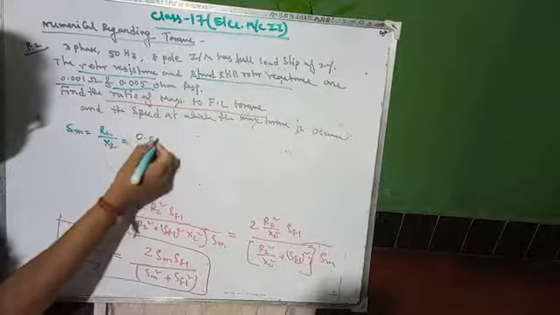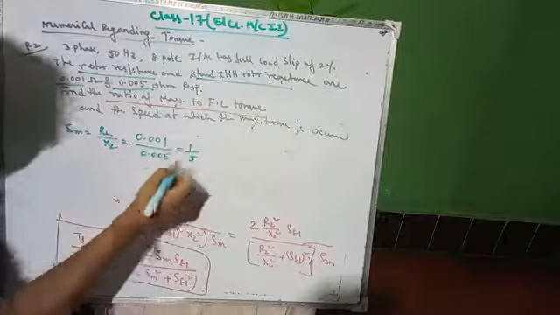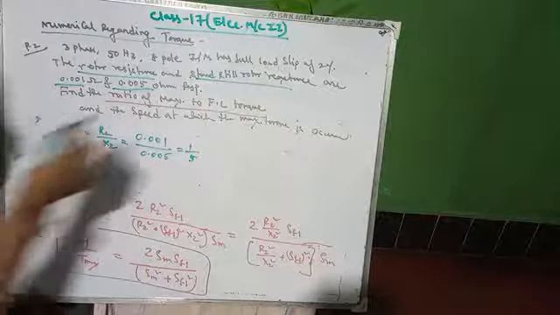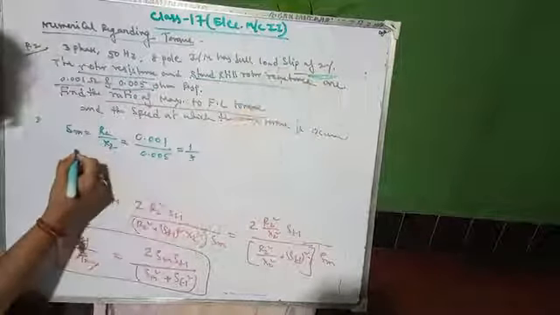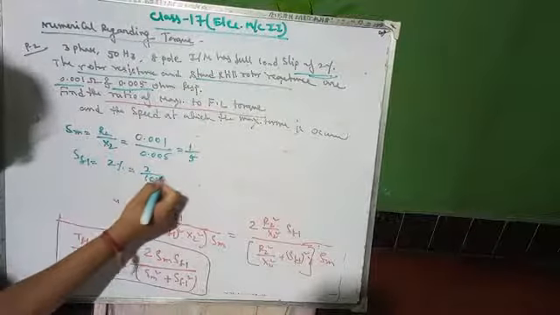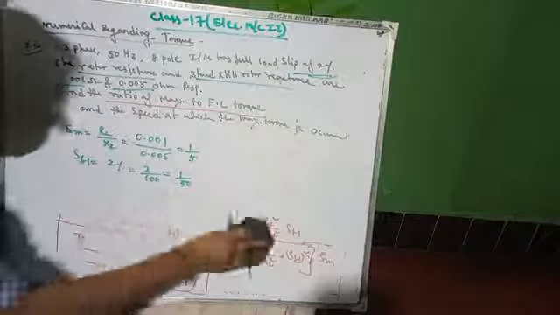So that is 0.001 by 0.005, so 1 by 5, right? Sm equals 1 by 5. And then the full load slip is 2%. That is S of FL is given as 2%, that is 2 by 100. That will be 1 by 50, right? So just put it in and you can directly find the answer.